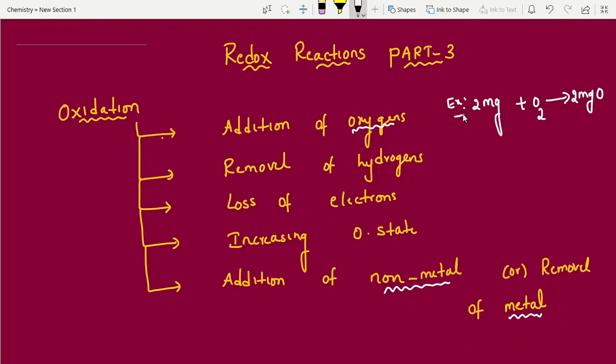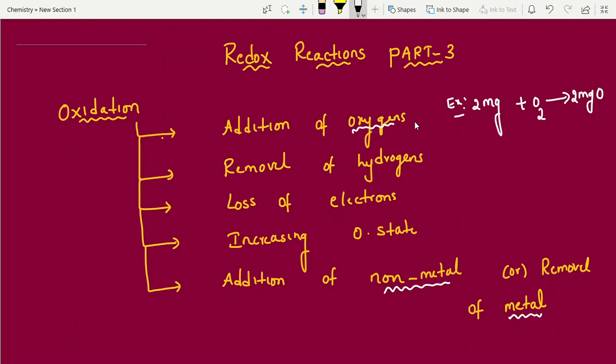We learn different methods from school level. It may be the hit and trial method, or another method. But in redox reactions, they have mentioned some particular methods: acidic medium, basic medium, oxidation number method, ion electron method. Based on those only we have to balance. Okay, in the coming days I am going to do that.